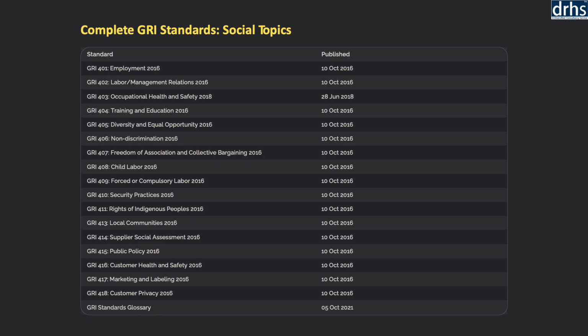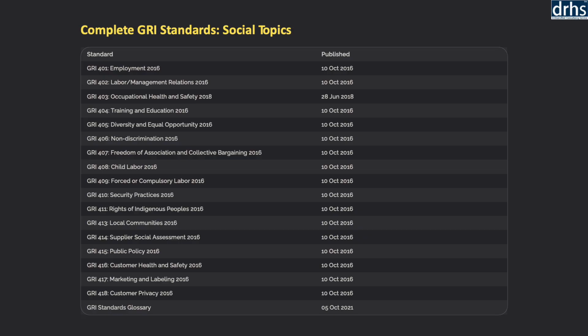This consolidated framework captures a wide spectrum of labor, human rights, and societal considerations, reflecting the breadth and depth of social impact embedded within business operations. The standards addressing employment, labor management relations, occupational health and safety, and training and education underscore the importance of fostering a safe, inclusive, and continuously developing workforce. They highlight the need for equitable employment practices, effective dialogue, and investment in human capital as drivers of organizational resilience